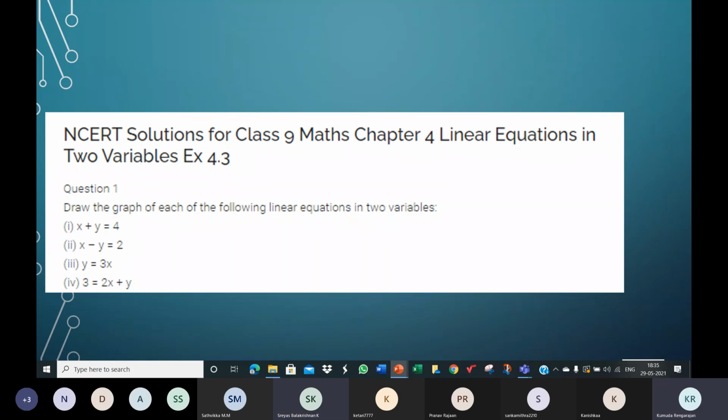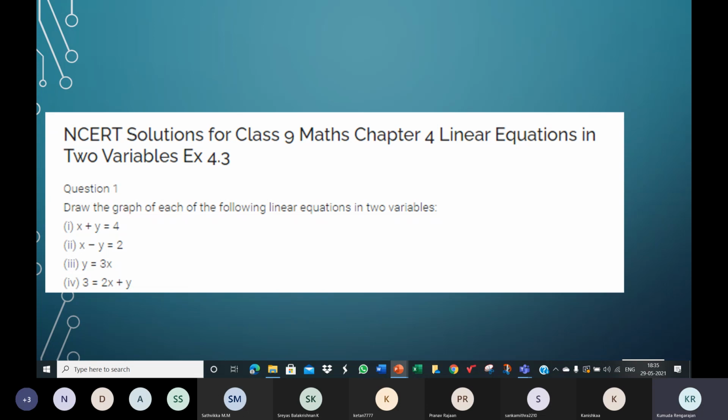Ma'am, then y is equal to 4, no ma'am? The second equation is x minus 4 is equal to 0, correct? Yes, ma'am. Yeah, so in this equation, x minus 4 is equal to 0. We have the x term. We don't have the y term. And the constant, we have some value for the constant, but the y term is missing. We have only the x term.